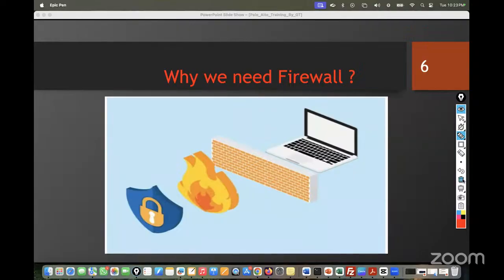But if you want to understand firewall, there are two words. One is fire and another is wall. So if you break the firewall, it is fire plus wall. Fire means आग, wall means दीवार. So the name suggests a wall that is completely having a fire. We have a wall that is completely having a fire. And if you want to cross this wall